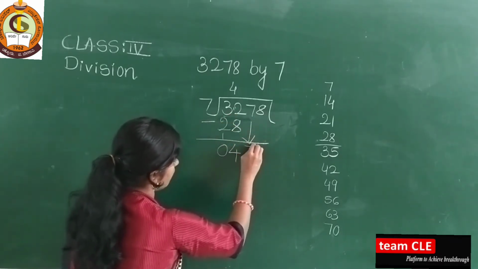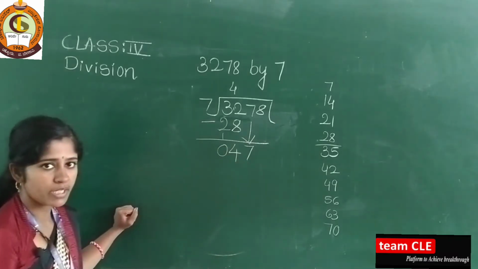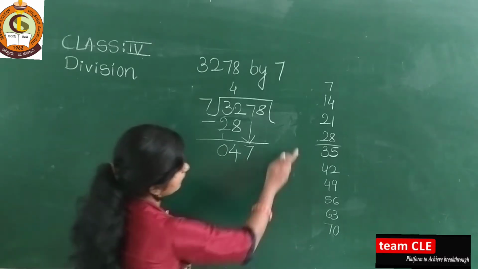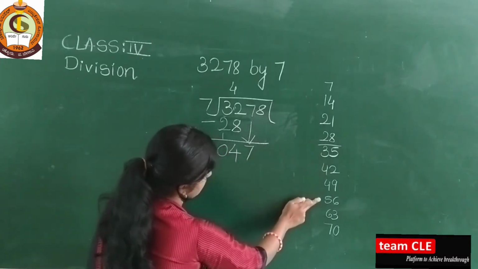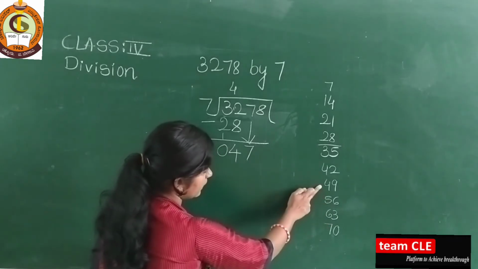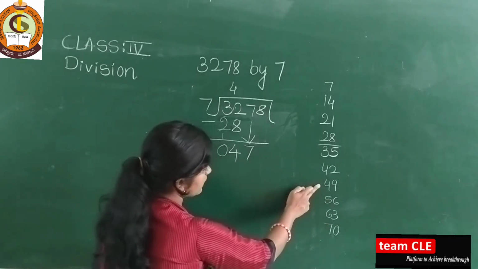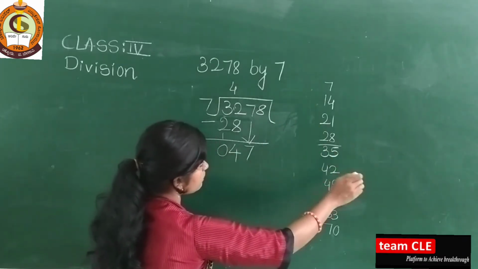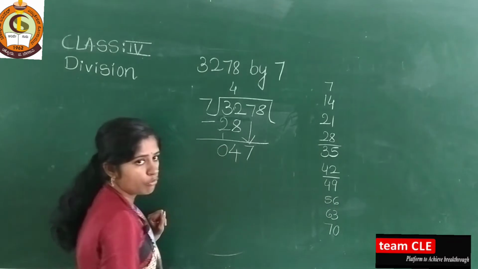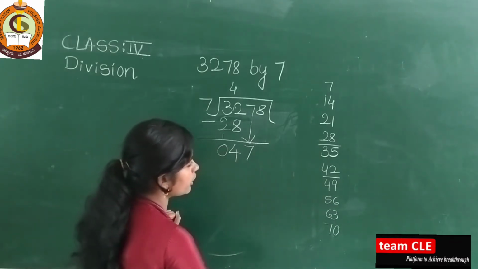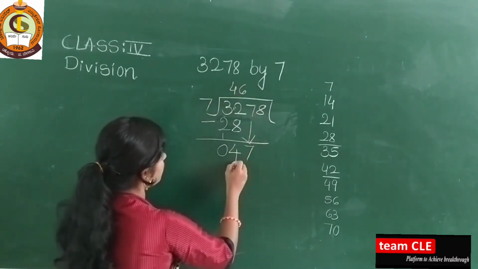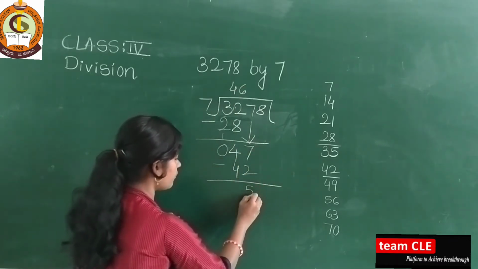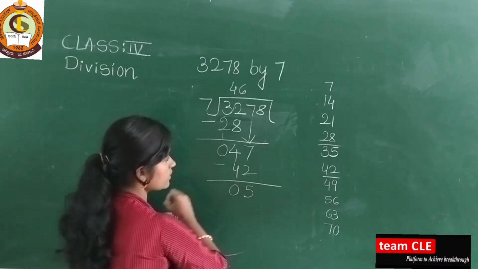Again you take here 7 down. So it becomes 47. Then see here in the 7 table, is 47 there? Check it out here. Yes, 47 is not there. 49 is there. 42 is there. So 49 is big. So 42, 35, 28, 21, 14, 7 all are small, but the nearest small is 42. So 7, how much is 42? 7 6s are 42. Then write here 7 minus 2 is 5, 4 minus 4 is 0.